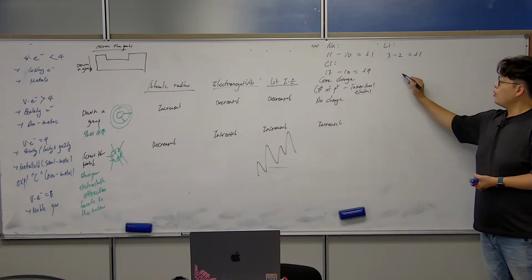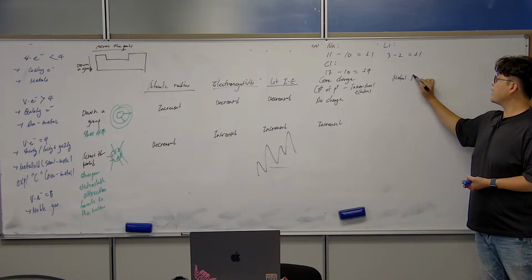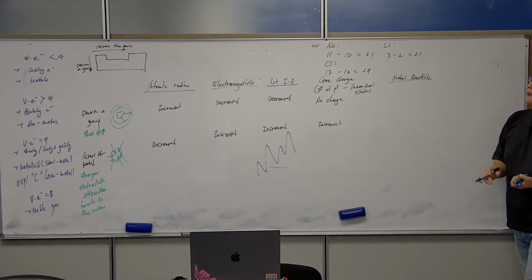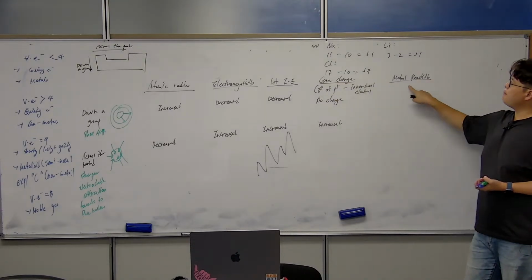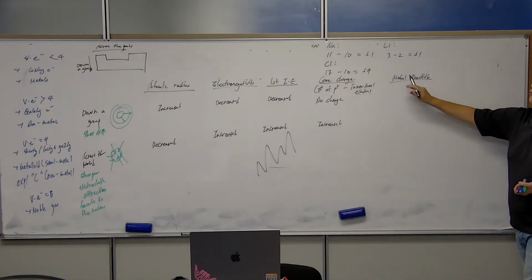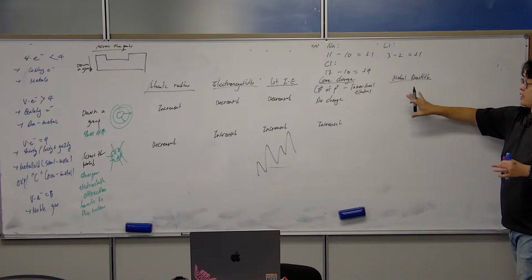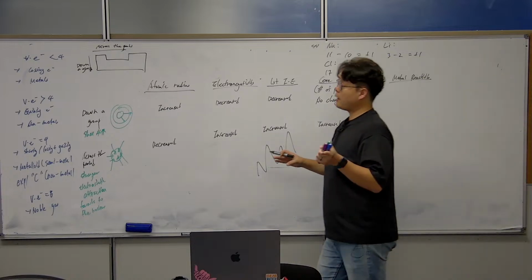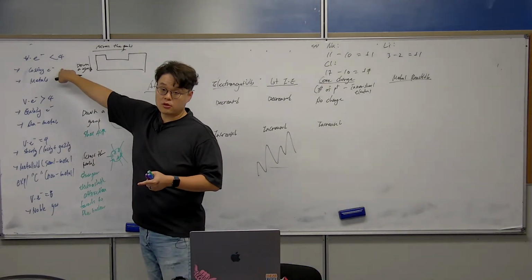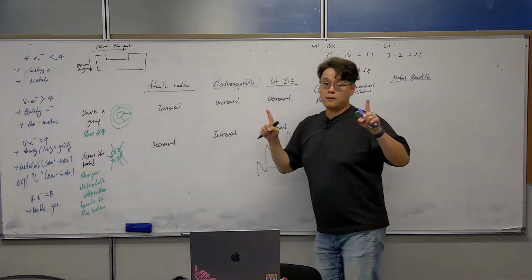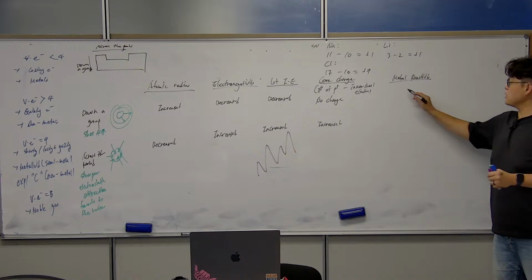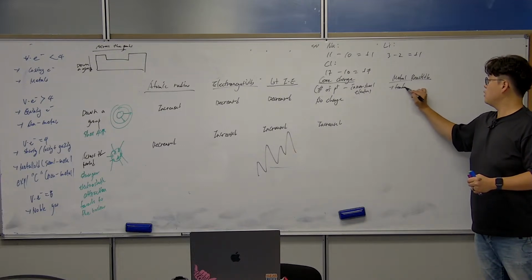Okay, what about metal reactivity? Actually, what does it mean by metal reactivity? When I say metal reactivity, it's the tendency to lose electrons, because remember that metal is the one that always wants to lose electrons. So greater metal reactivity means they have more tendency of losing electrons. Does it make sense? So you can just write it as tendency of losing